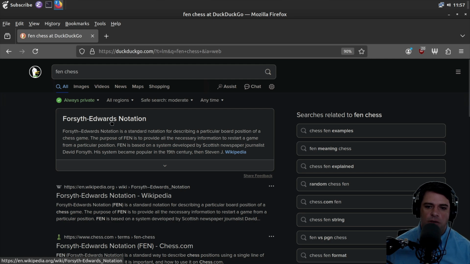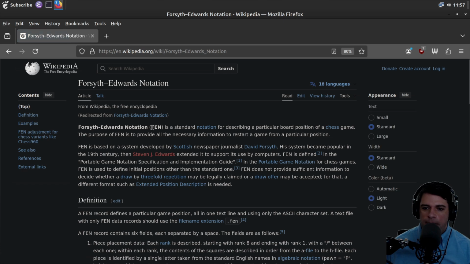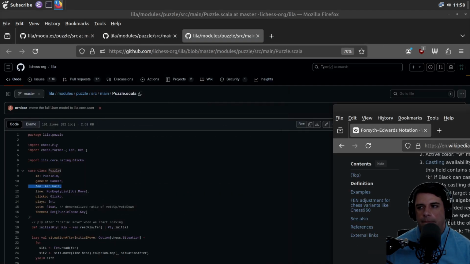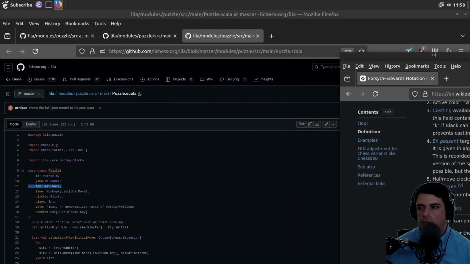Forsyth Edwards notation is a standard notation for describing a particular board position of a chess game. The purpose of fen is to provide all the necessary information to restart a game from a particular position. It's based on a system developed by Scottish newspaper journalist David Forsyth. Okay, so I have seen these strings. In fact, I think that I showed them, but didn't